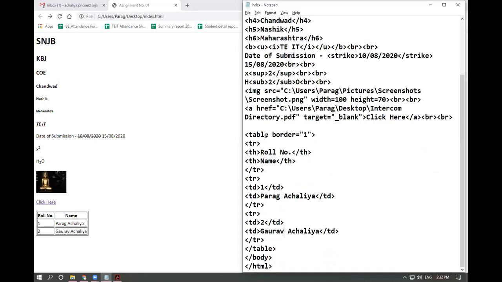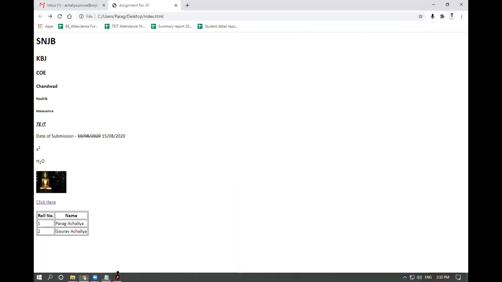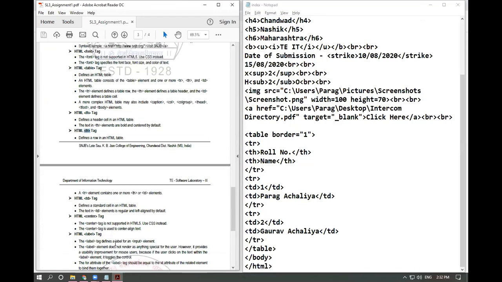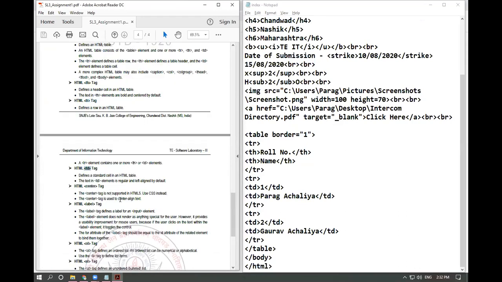So the table tag is used to create the table, the tr tag is used to create the table row, the th tag is used to create the table heading, whereas the td tag is used to create the table data. This is the table tag, th tag, tr tag, td tag.